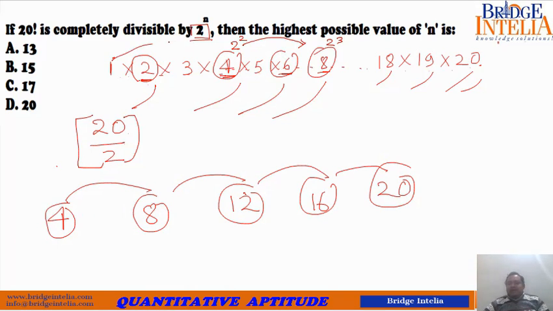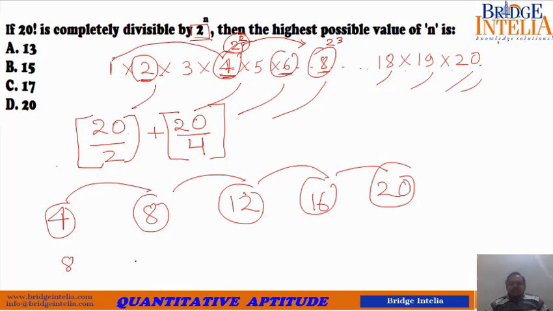Now every fourth number will give me an extra power, because I have forgotten to collect that power of 2 from there. So every fourth, now I have to divide 20 by 4, because now every fourth number I am going to pick. So from 4, I have picked all the powers. I have corrected my mistake. From 8 also I picked another power.